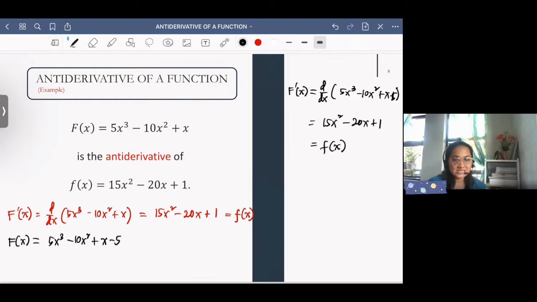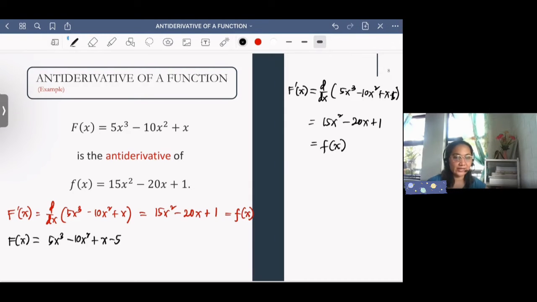So looking at this illustration, the only difference that we will have for multiple possible antiderivatives would be due to the constant term. Okay? Even if you change the constant to a positive, a negative, or radical numbers, or even fractions, their derivative is still 0, right? So if you have here plus 5 or minus square root of 5 or even 1/5, the derivative of this constant is still 0. So this is because by our topic number 4, our rules in differentiation, the derivative of any constant is equal